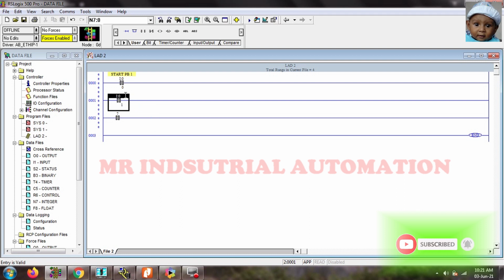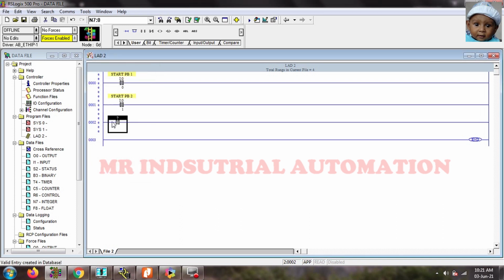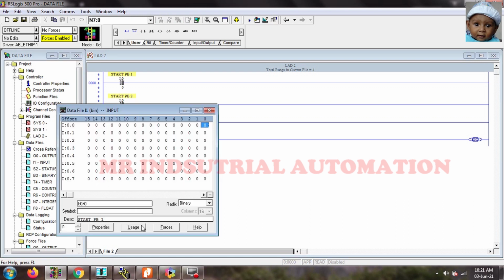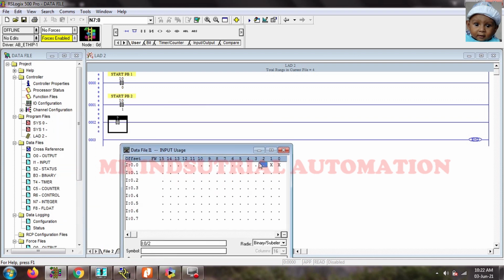Okay, on the next input I have taken address I:0/1. We can give the name start PB2. On another instruction we can take the input from the data files. If you look at the cross area you can see that those 2 inputs we have used, but the dot area is empty.